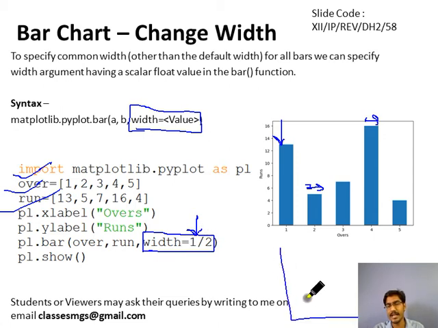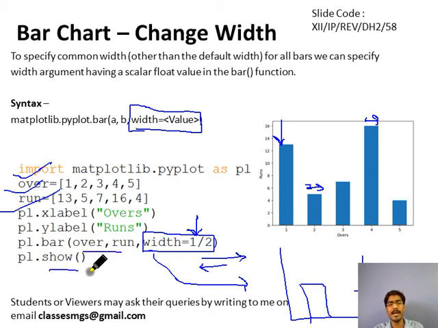So in the last slide, let's suppose we had the width like this much. Now we will have the width only that much, like this. So the width will be reduced if you pass width equals 1/2, or any value you can pass, 0.1, 0.2. If you pass values near 0, it will be very little width, and if you pass values as far as possible from 0, then the width will increase in order. Okay, so keep this in mind, the width attribute changes the width of this bar graph.